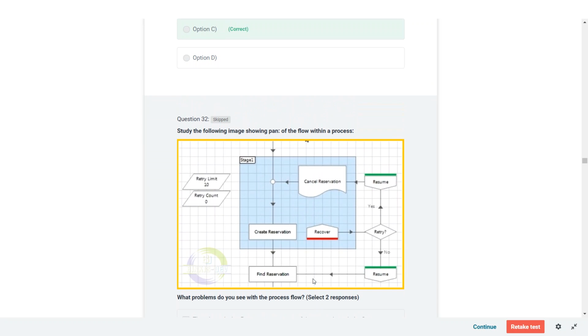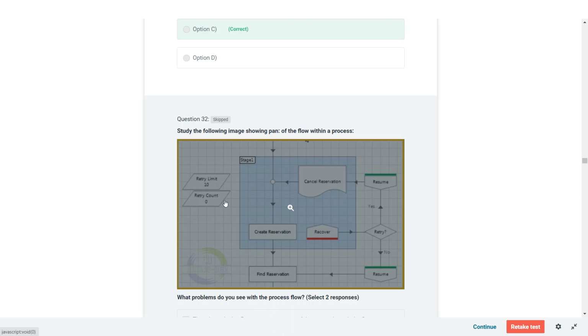Okay, we'll see. Study the following image showing part of the flow within a process. Let's see. Retry limit is 10, and they are doing create reservation, recover, and resume, cancel reservation.